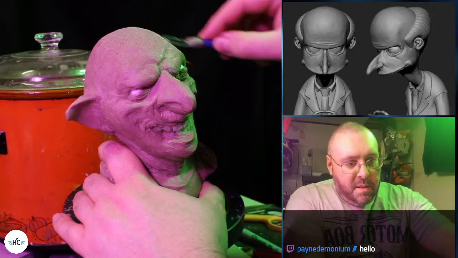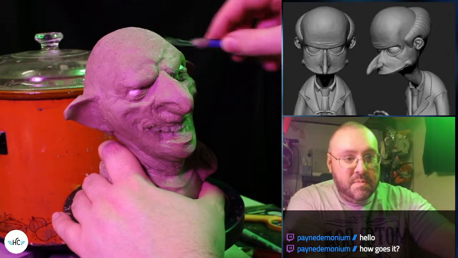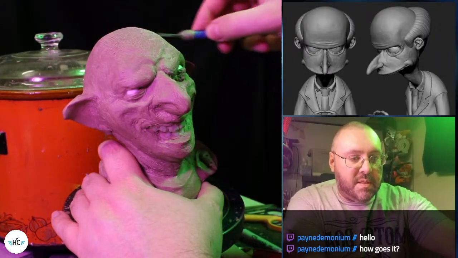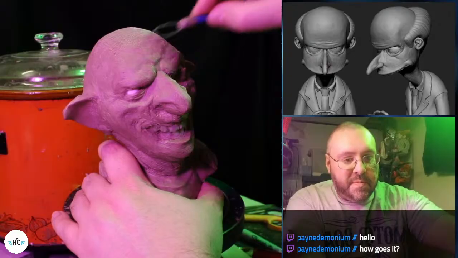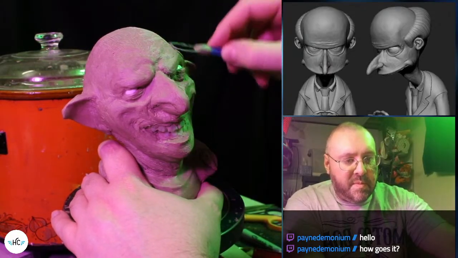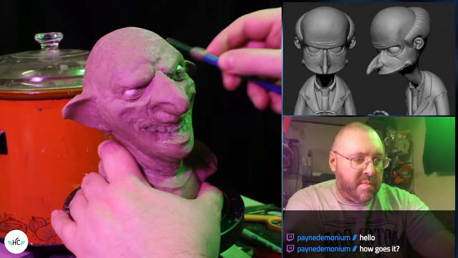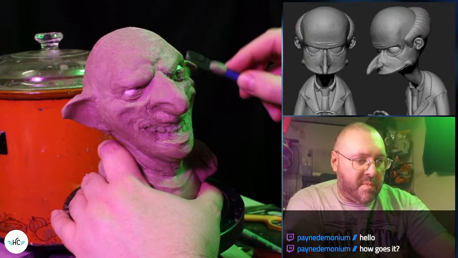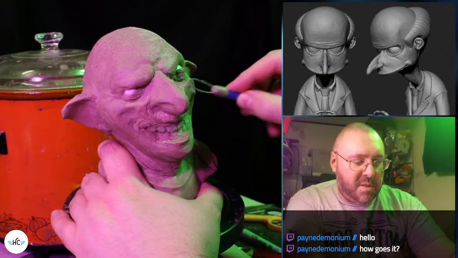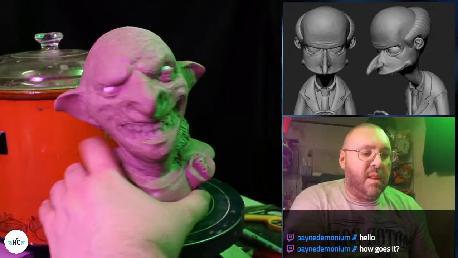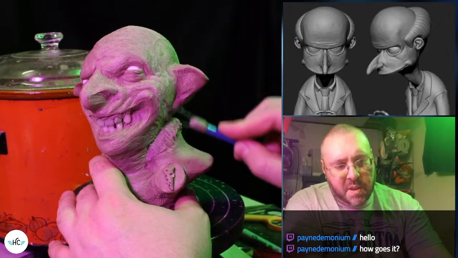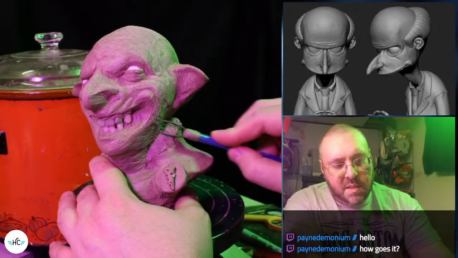Just gonna include like his weights, other than all that text. Yeah, that's fine. I believe, if I remember right, that image was from Brian Froud's Book of Goblins. That makes sense.